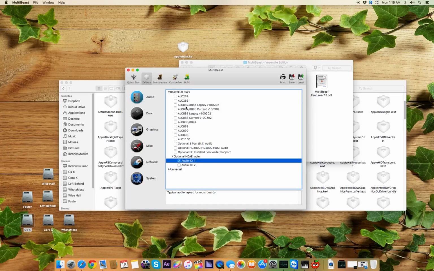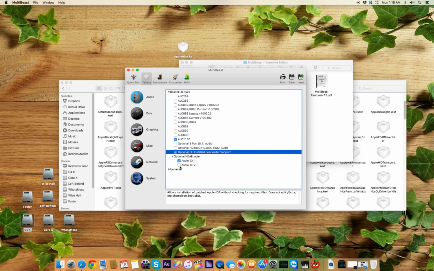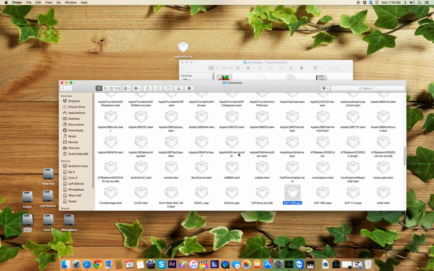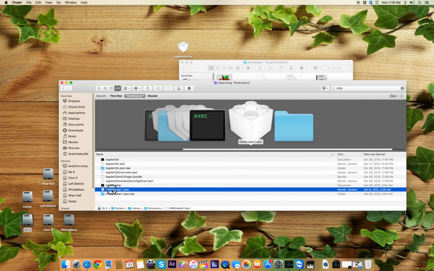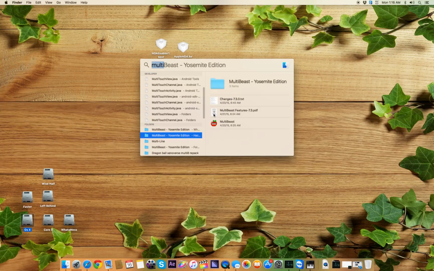This is your specific model; for mine it is ALC1150, plus the optional EFI install bootloader support. Once done, you go to Extensions, you copy the Apple HDA, and you also have to copy the HDA enabler right here, HDAEnabler1. Copy it to the desktop. Now open your Clover,